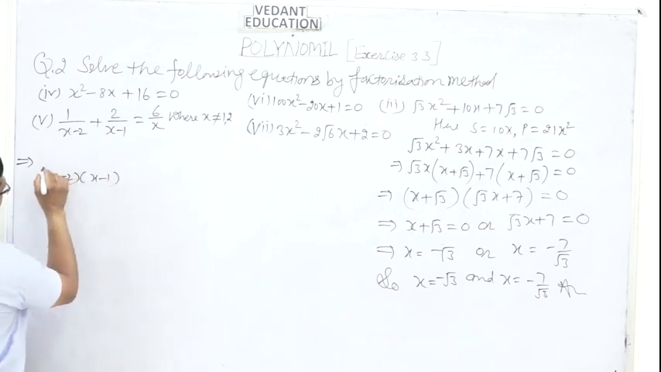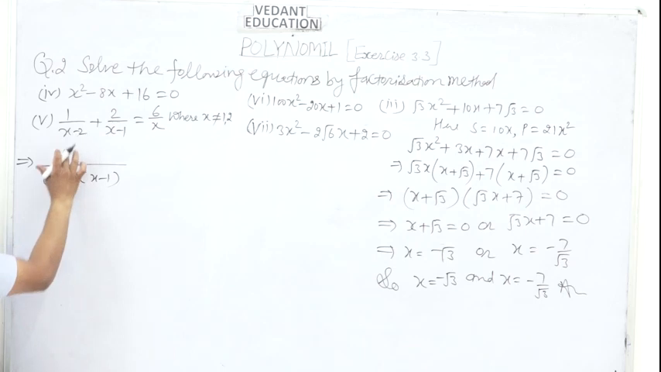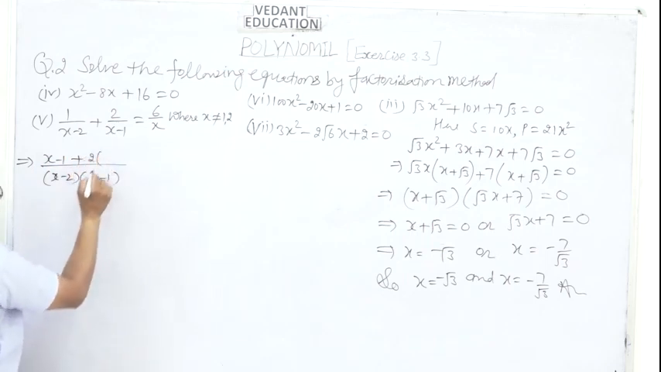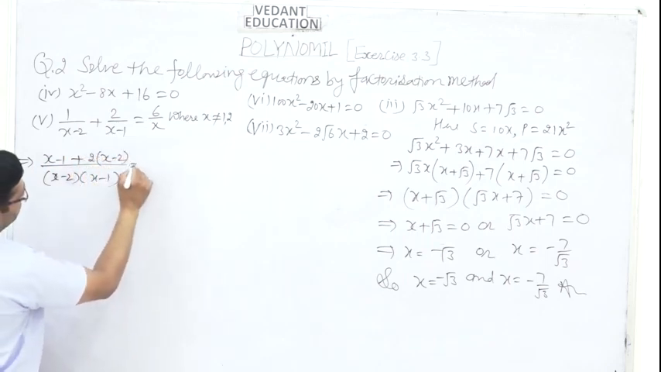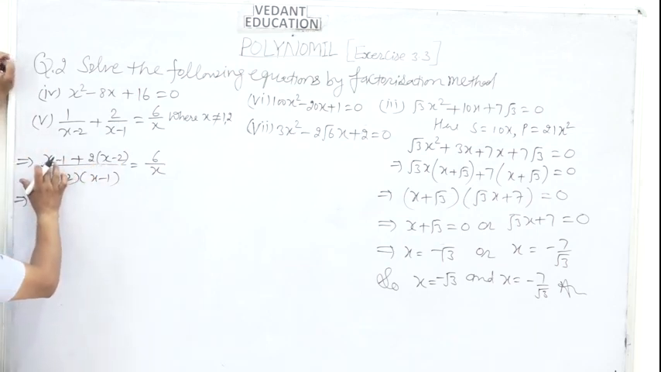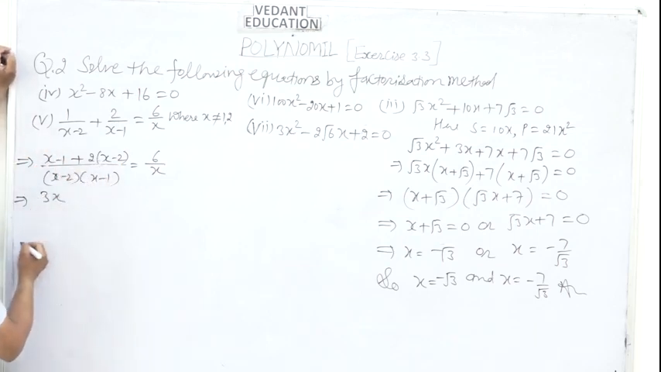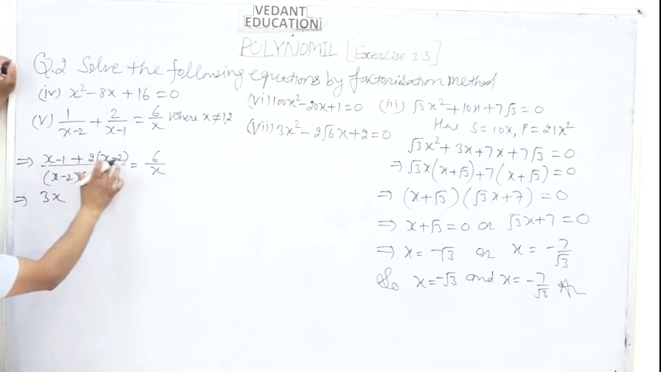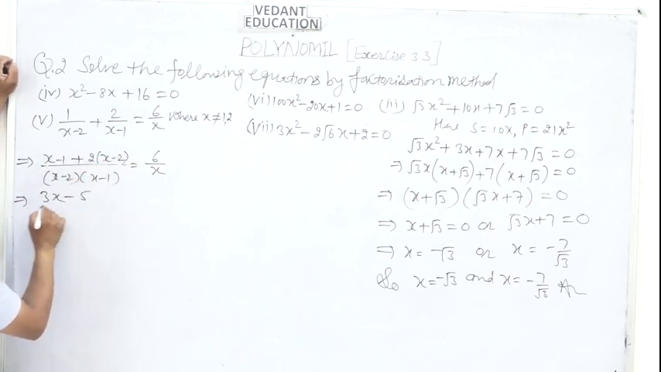That is, x minus 2 cancelled by x minus 2, remain x minus 1. It means (x minus 1) plus 2 into (x minus 2) is equal to 6 upon x. That is x minus 1, x minus 1 plus, simplify this, 2x minus 4. It means x plus 2x is 3x minus 1 and minus 4, that is minus 5, upon (x minus 2) multiply